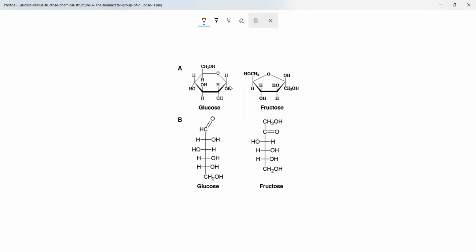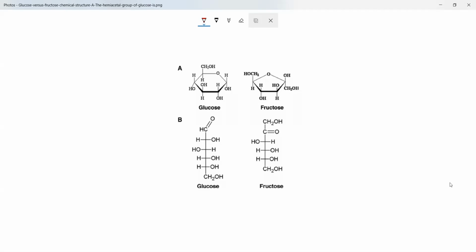Now how I do that is I remove OH from here. Hold on. I remove hydrogen from here. Cannot do this. Some problem. Okay. What I do is I remove one H2O molecule. If I remove one H2O molecule, I will get one link with an oxygen. That is what I'm doing. I dehydrate the molecule so that I will get a bond between glucose and fructose. That is how you make a glycosidic linkage. That link that you were seeing with O in between, that was a glycosidic linkage.